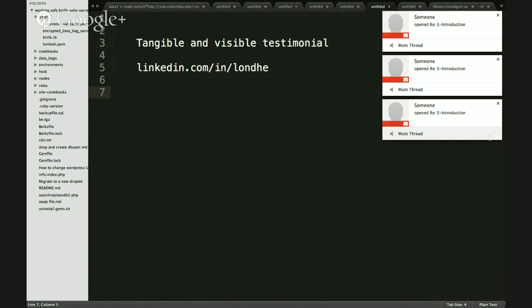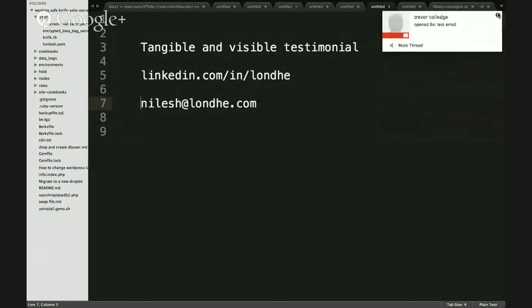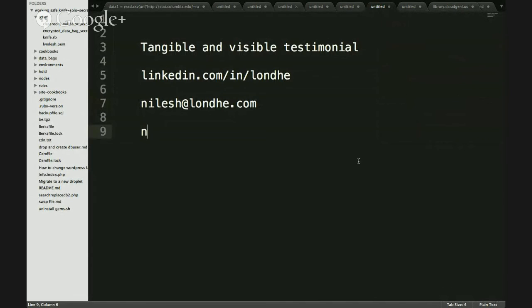Which email do you use for LinkedIn? Okay, good question. My email is nilesh@loanday.com on LinkedIn and in most places. That was the email before I set up this Cloud Genius company, but I will add that email also.